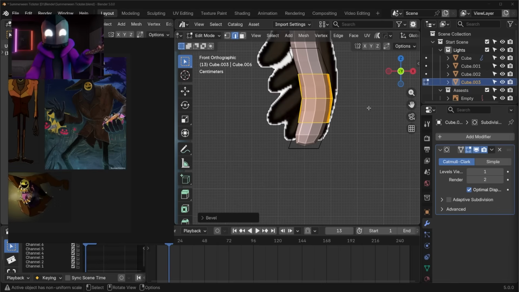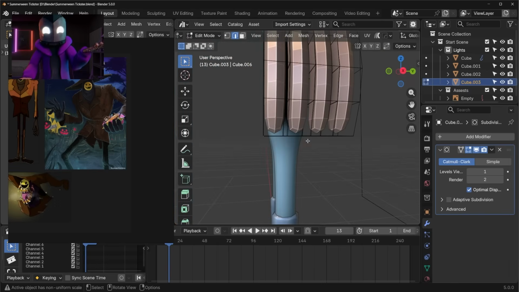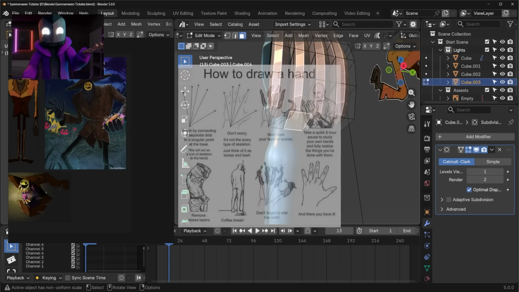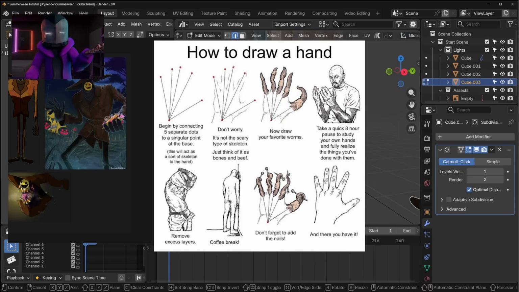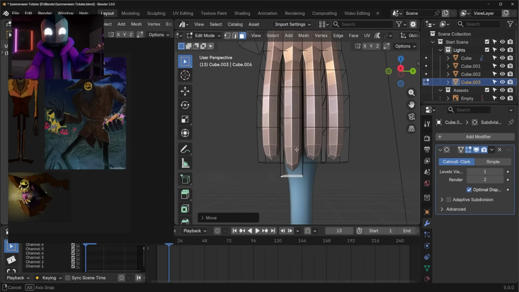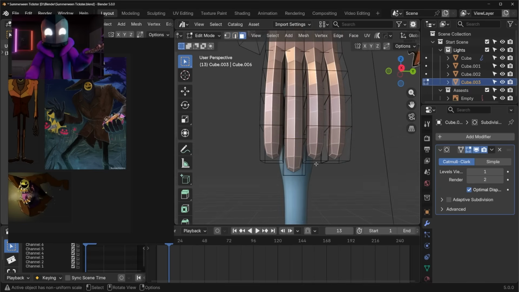Hands are some of the hardest things to do in general, in all art. It's a very tough thing to do, and I am doing it, and it is definitely very tough. I'm going to probably make them decently realistic. I'm going to try to space these out a little bit better. But this is definitely not fun,